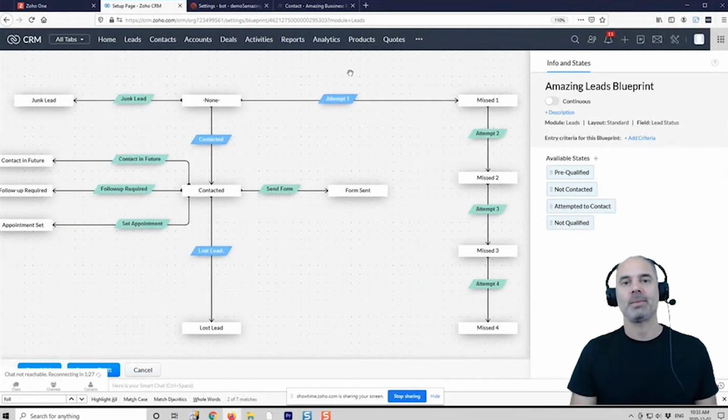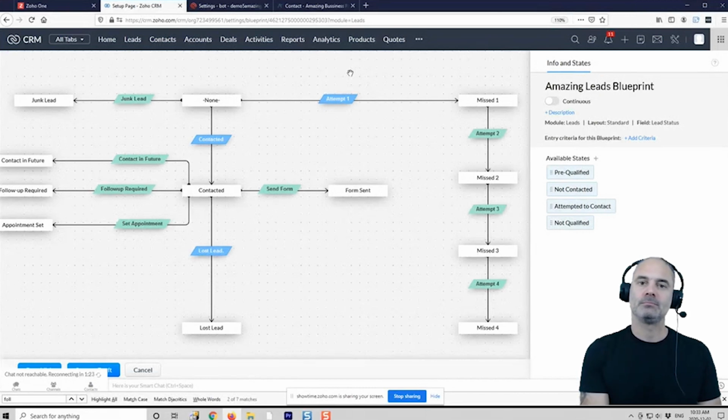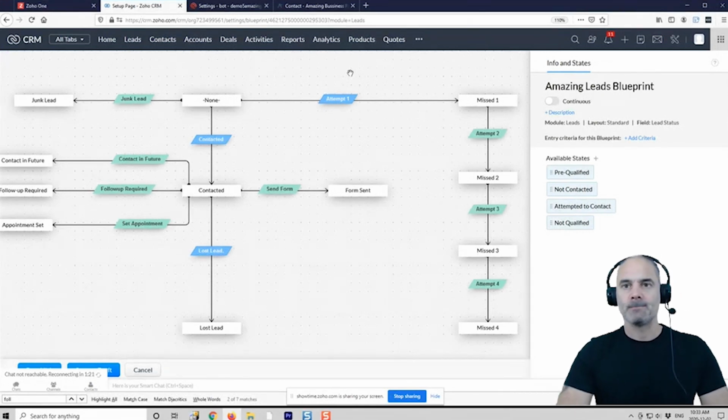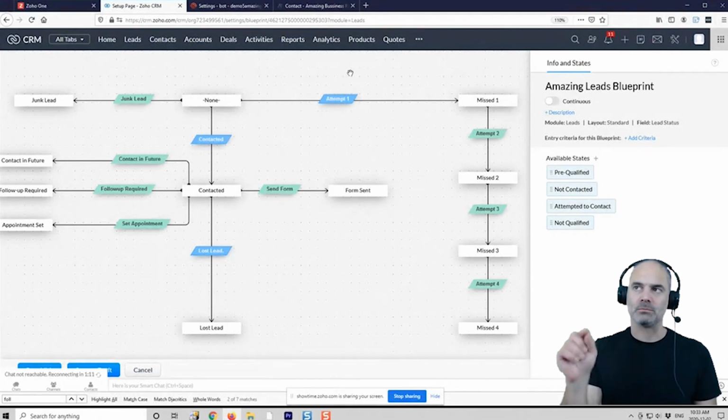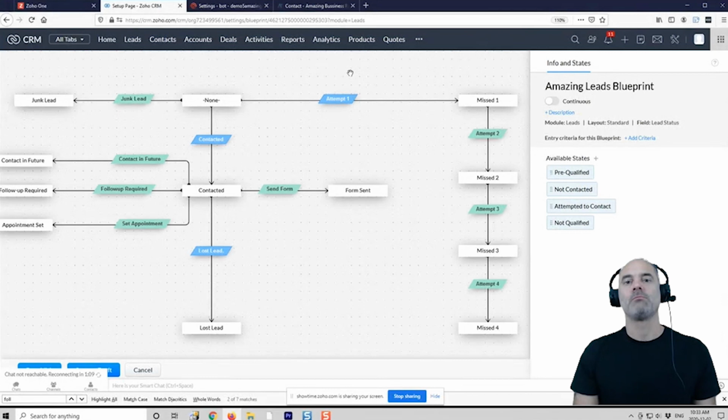I think that eventually some of my phone calls I'm going to ship out to a third party or maybe an assistant. And so I don't want it to be able to mass update. If I want an assistant to do it, then make it one by one, make it one-to-one, and that way I can specifically have, when I go to miss 2, let's say I want to wait a day.